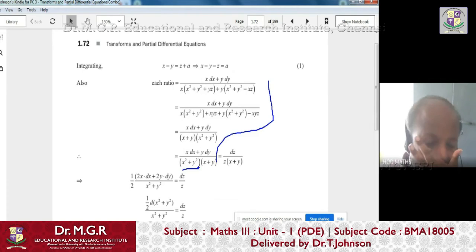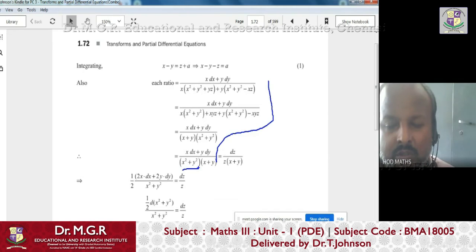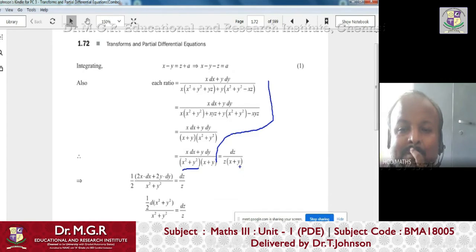So equivalence, no change. It is something like 2 by 4 equals 1 by 2. Whether you write 2 by 4 or 1 by 2 as a ratio, both are equal, right? So similar idea. Now they simply cancel out x plus y and x plus y, right? And now they have a nice x dx plus y dy with x square plus y square in the denominator and dz by z, right? Now it is possible to integrate,